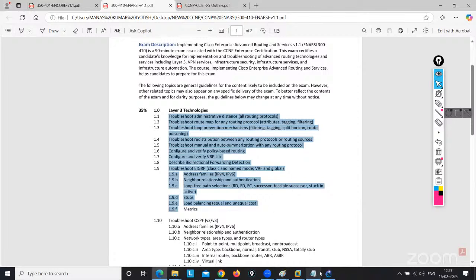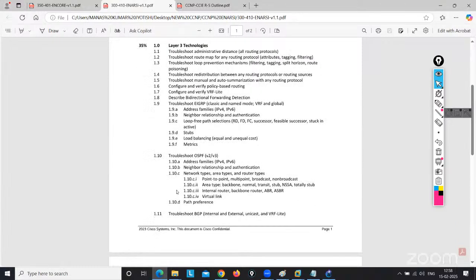Once EIGRP, OSPF, BGP, MPLS and DMVPN are over, then we will jump directly into the AD part and the troubleshooting, because VRF I will also cover in BGP. Okay, auto summarization: how will auto summarization work, and what is manual summarization? It is already covered in the CCNP part, but still I will explain. We will do this type of things in the NRC, because NRC is completely the routing part.